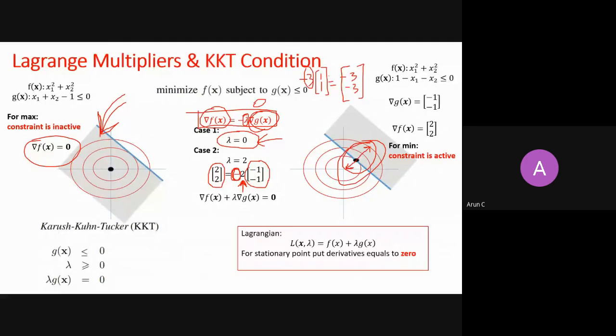So if you bring this whole side onto the right hand side, you can say that the gradient of f(x) plus lambda times the gradient of g(x) is equal to 0. So this equation will always hold whether the constraints are active or not. If the constraints are active, then lambda will play a role, and if the constraints are not active, then lambda will be 0, and I will just be minimizing my function as there were no constraints available. So this is the thing that always holds, right?